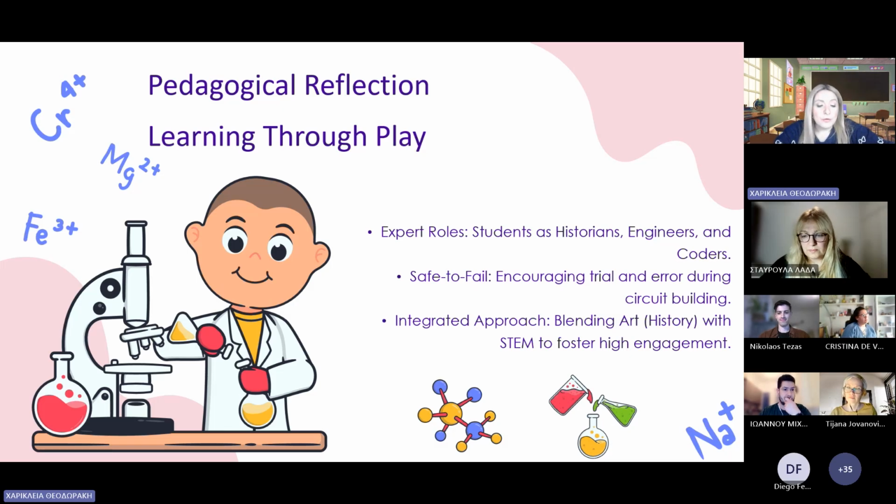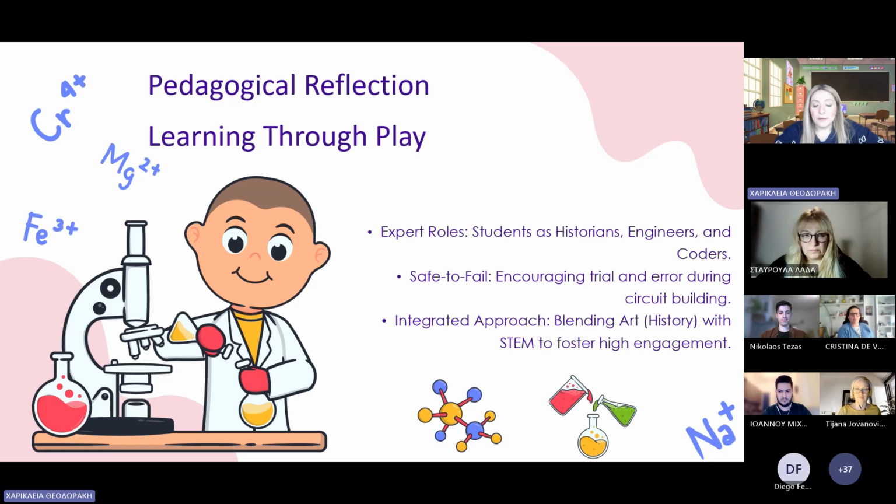This approach naturally fostered a safe-to-fail environment where the inquiry process was important, not just the final product, which was the lion. Every failed circuit or coding error became a meaningful inquiry moment, encouraging children to rethink, to redesign and collaborate until they found the solution, the right project they want to demonstrate.